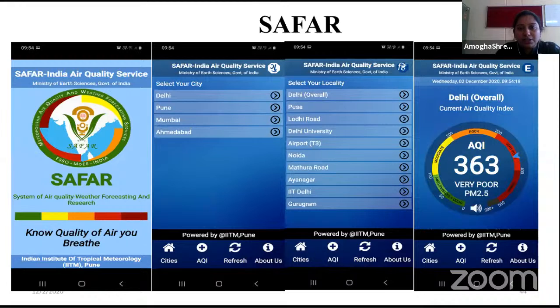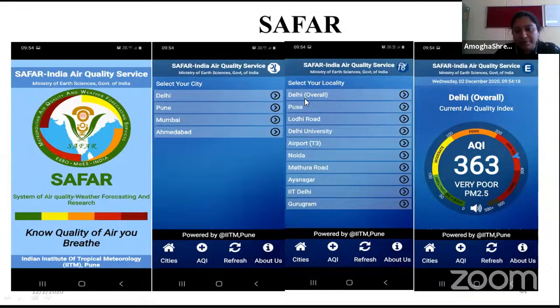So if we see this Suffer app, it will look somewhat like this. So it is like the quality of air you breathe. If you click on the options, you will get cities to be selected. So presently they have 4 cities under this app: Delhi, Pune, Mumbai and Ahmedabad. If you click Delhi again, it will show the names of the locality. So you can check